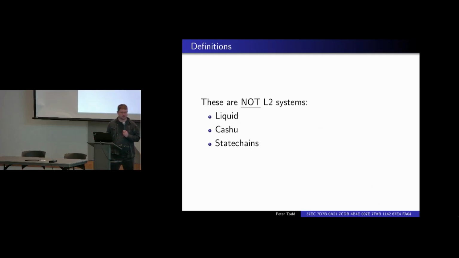Now, Liquid, I think, is obvious why it's not an L2. Blockstream, a group of functionaries, they're the ones who have the private keys of the money. Liquid is basically a bank. Cashew, it's the same kind of thing. It's obviously a bank. State Chains is maybe a little less obvious,